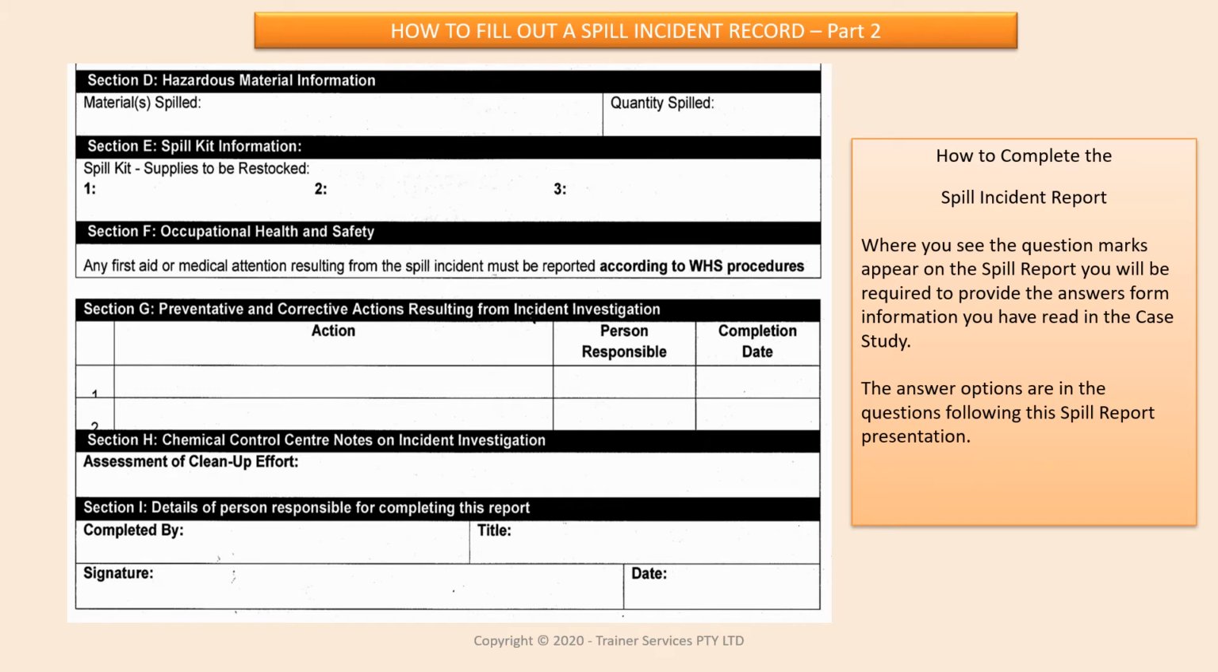In part 2, we will complete this spill record. In section D, you need to insert the information on the material spilled and the quantity of the chemical spilled. In section E, you need to insert the spill kit supplies that need to be restocked because they were used